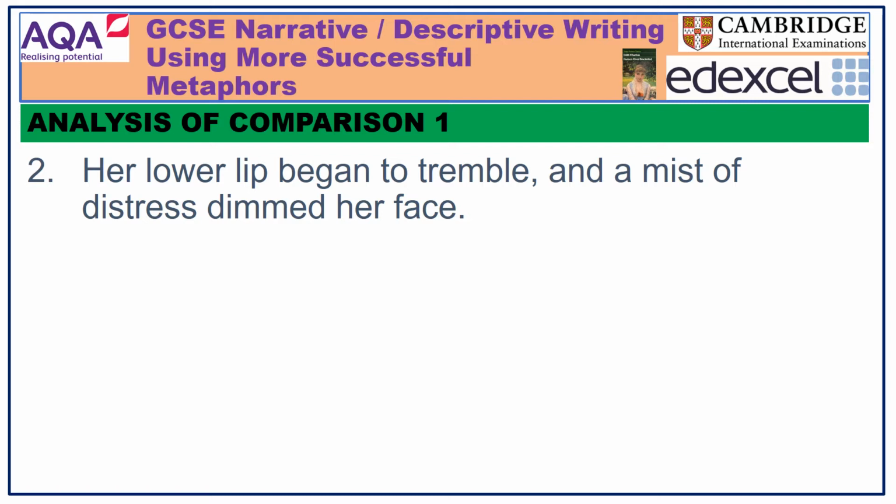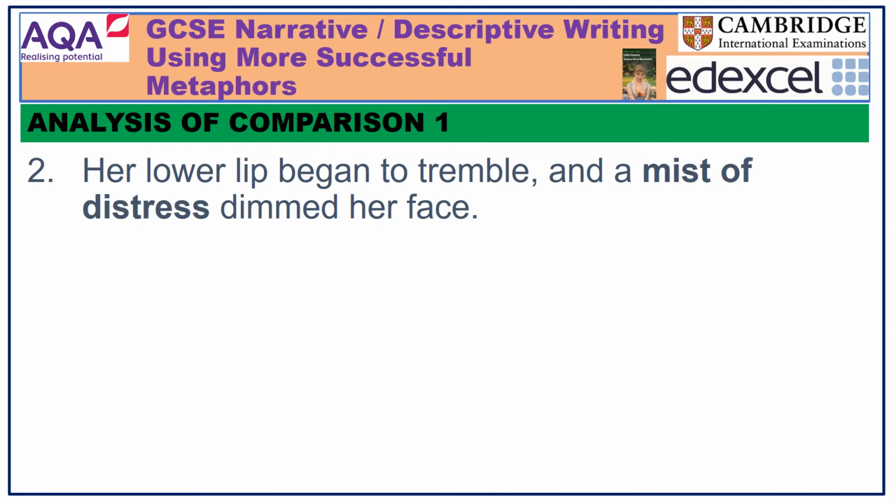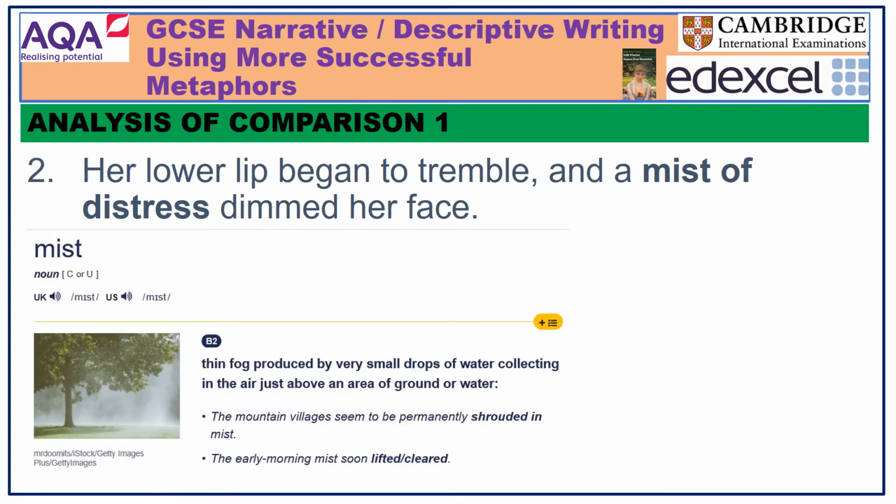The metaphor is, of course, the mist of distress, and I love the more subtle suggestiveness of this phrase. Crucially, a mist is a thin fog produced by very small drops of water, and so it is clear that the woman is becoming tearful, and this is resulting in glimpses of condensation appearing on her face. What I like here is the fact that it is only implicitly referring to a small quantity of tears. Hearing all the time about floods or storms of tears can get tedious.